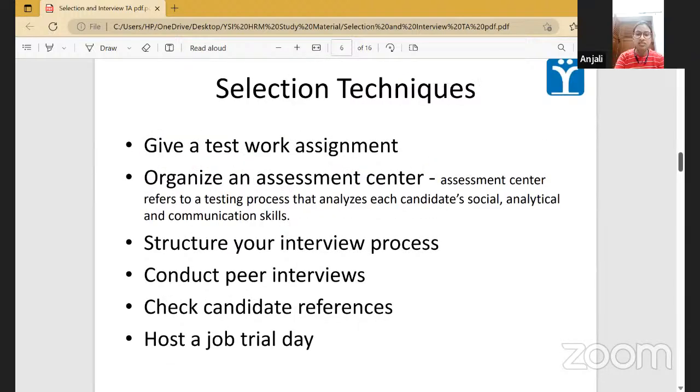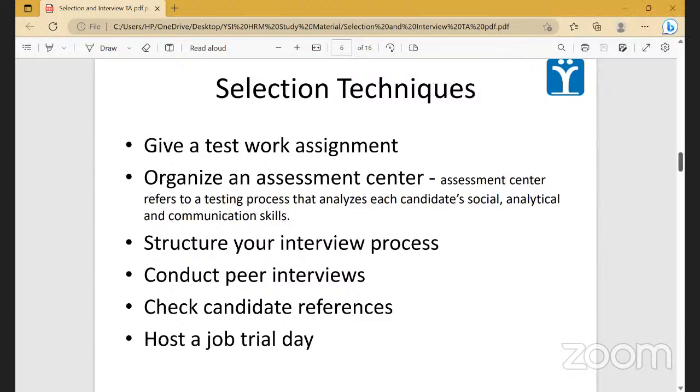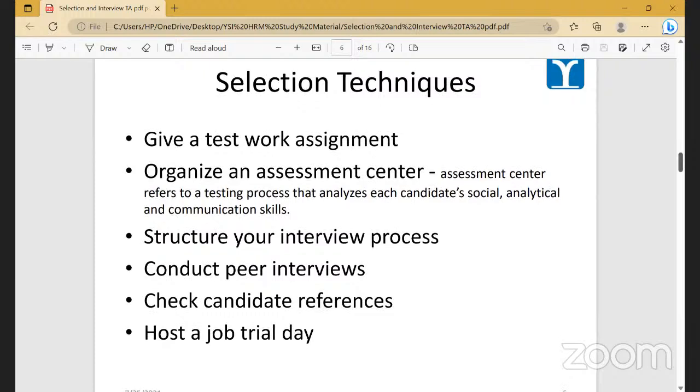Ma'am, you are not getting your voice properly. So I am in HR, assignment. Let me try and place my intellect in different direction. Any better? Yes, ma'am. Yes, ma'am.